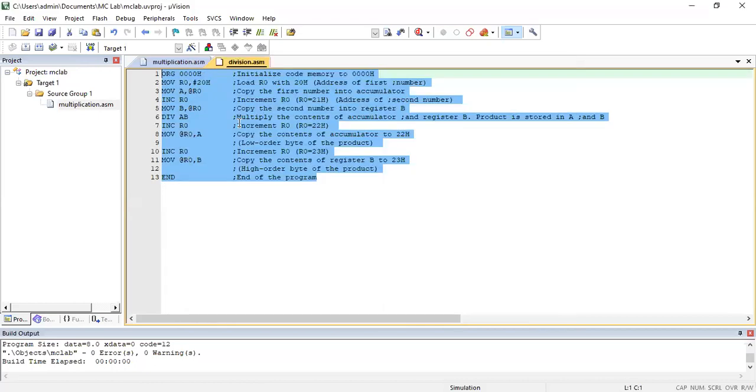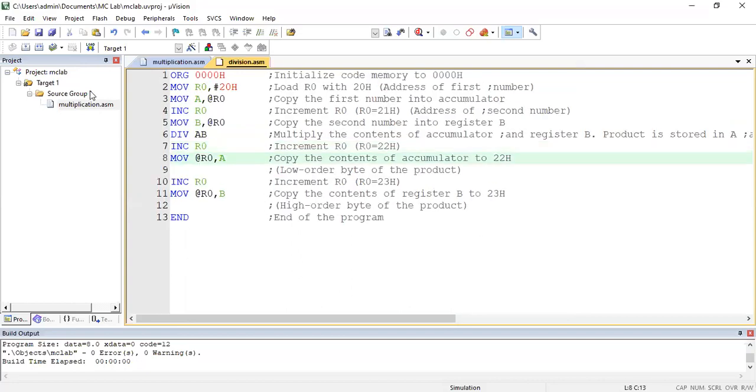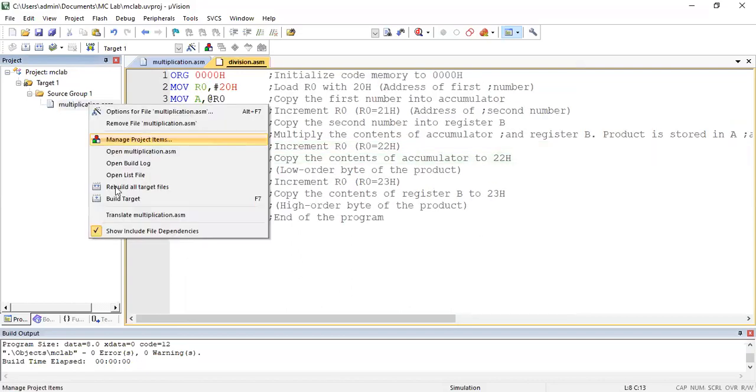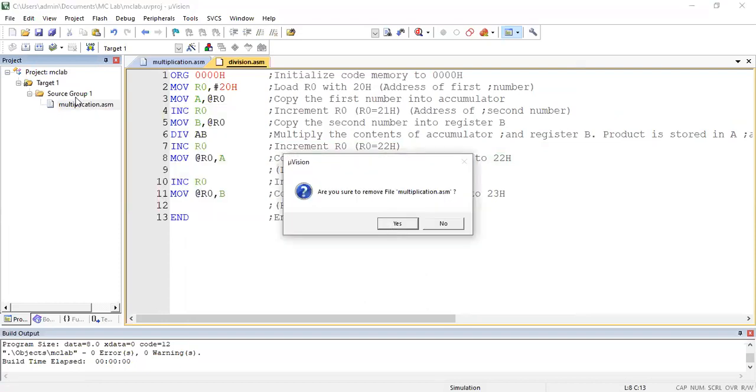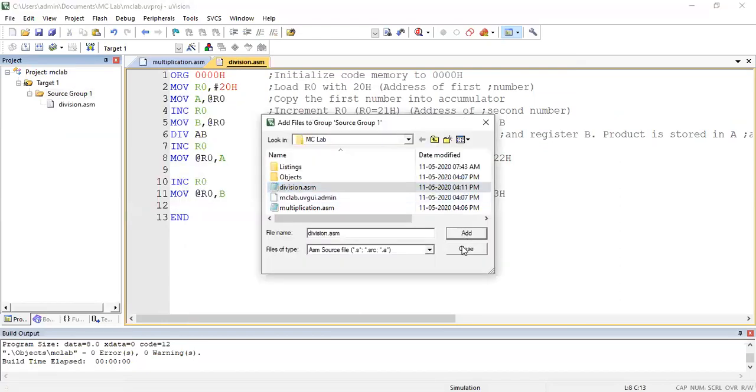Okay, so this is the program for division now. So I will remove this old file and add the division file. Right click, add existing files. So select division. So the division file is added to this group.